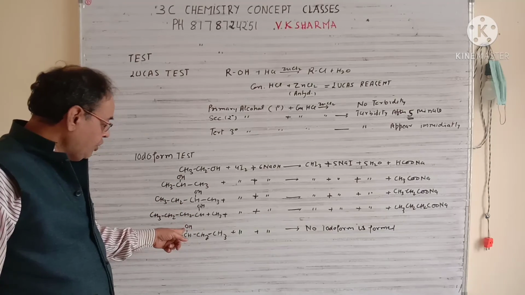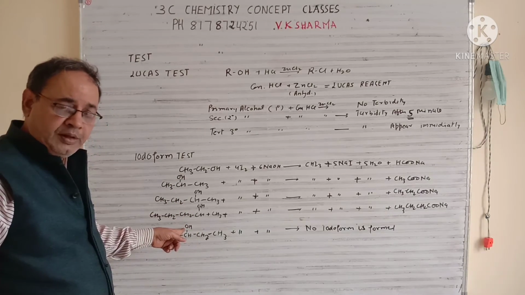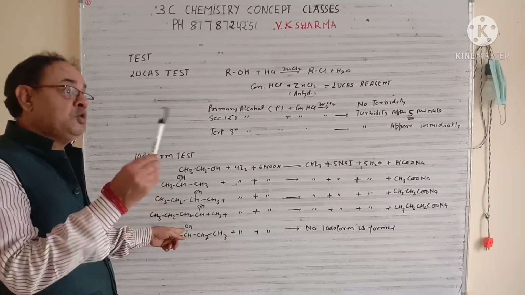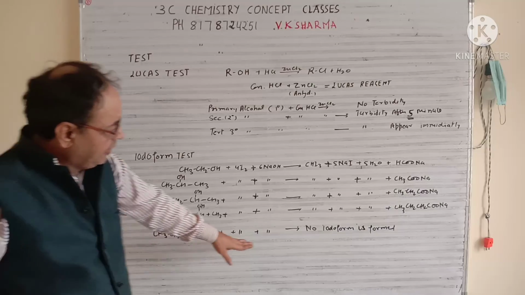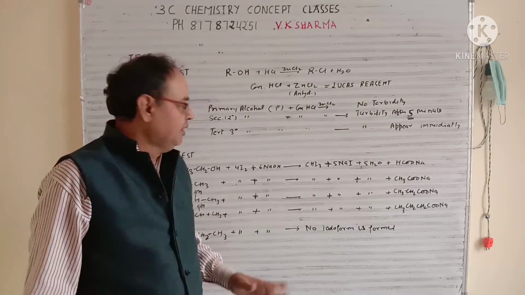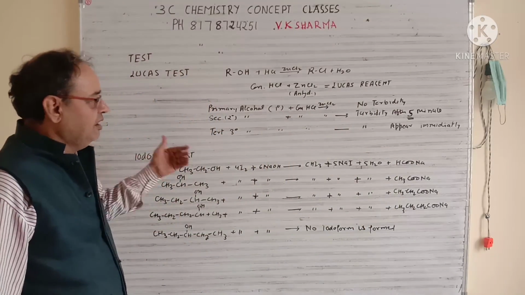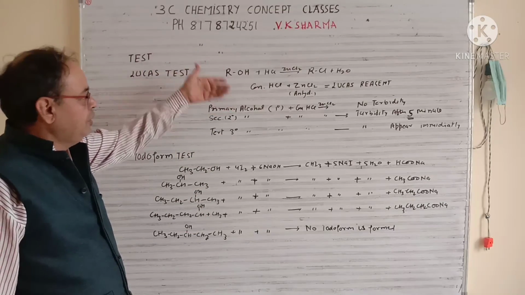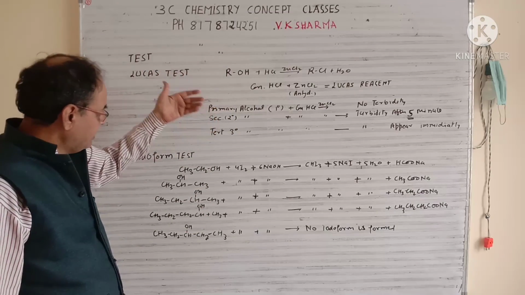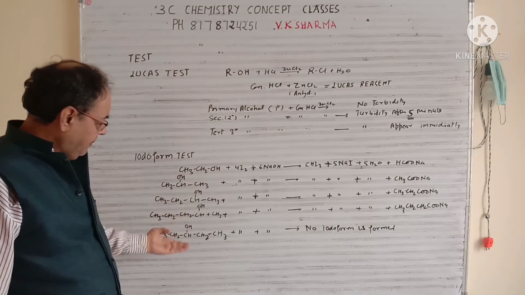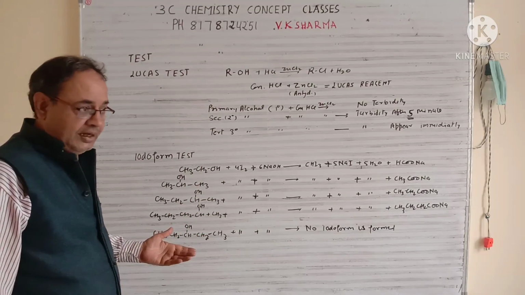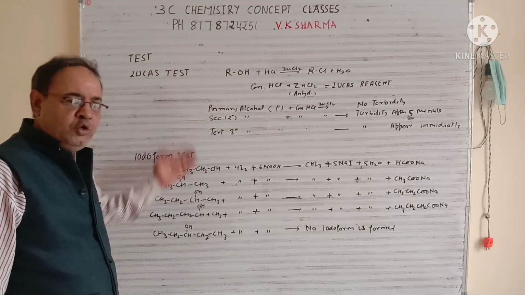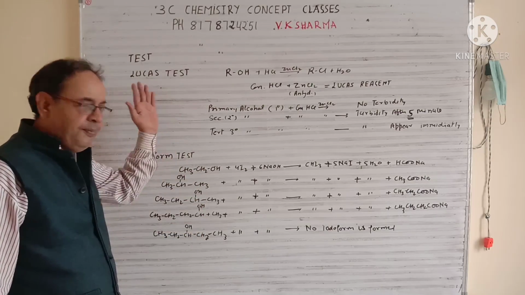If the OH group is on the third position, or any other position other than the second position, there will be no formation of iodoform. So this is your iodoform test. For primary, secondary, tertiary, this is the distinction by the Lucas test, and for secondary alcohols, compared to the other members of the group in organic chemistry, you can use both tests, the iodoform test and the Lucas test.